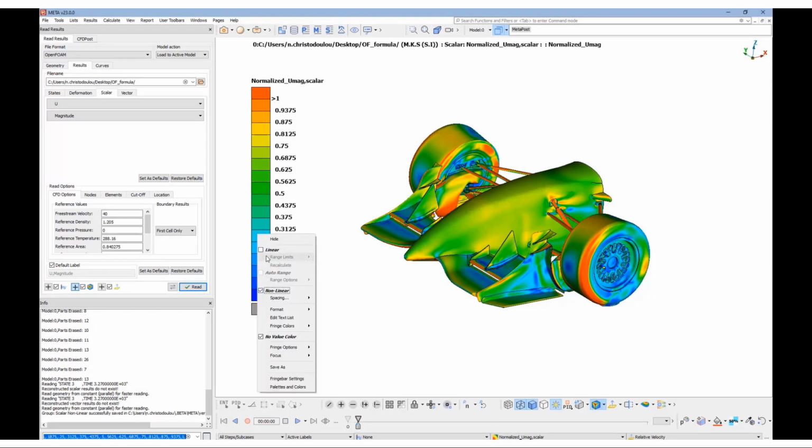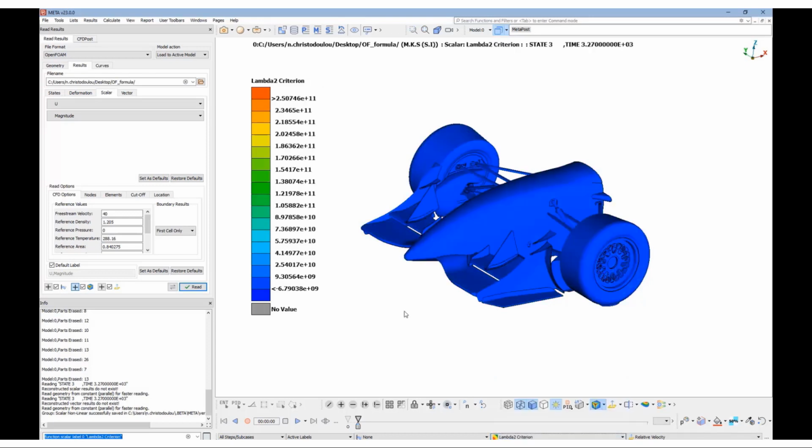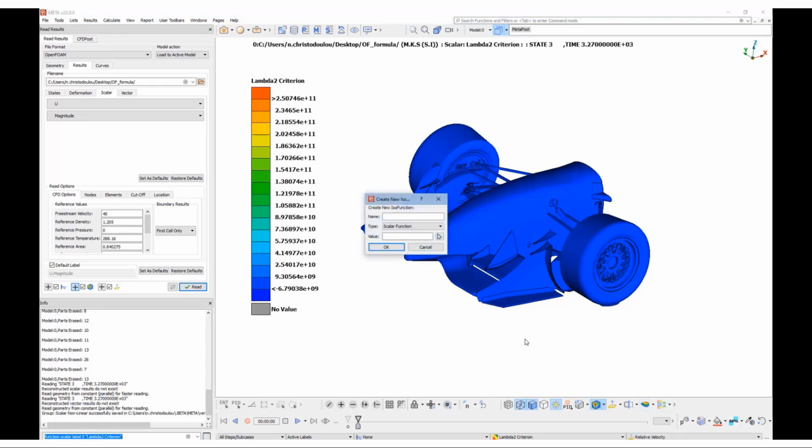Now let's activate again the auto range, and let's bring another scalar, which will be the lambda2 criterion, in order to build some isosurfaces. Let's create and select new default value, give a name to the isosurface, and this will run on the active scalar result.